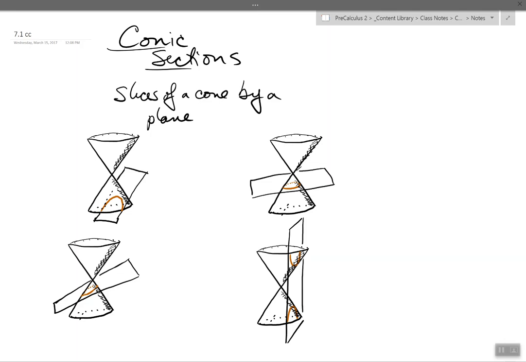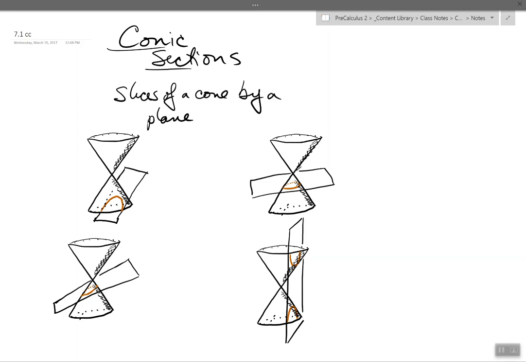In this lesson, we will take a look at conic sections, specifically the first conic section that we are hopefully the most familiar with. So before we do that, the general overview for what a conic section is, as the name implies, conic, coming from cone, it's a piece of a cone. So if we take a cone and we slice it with a plane, we're going to get these various conic